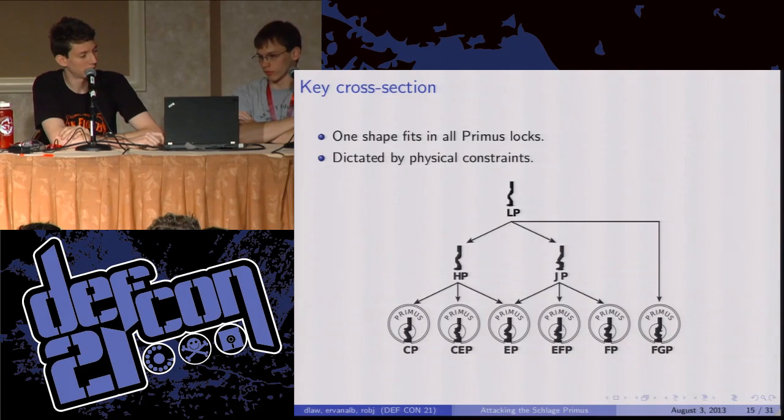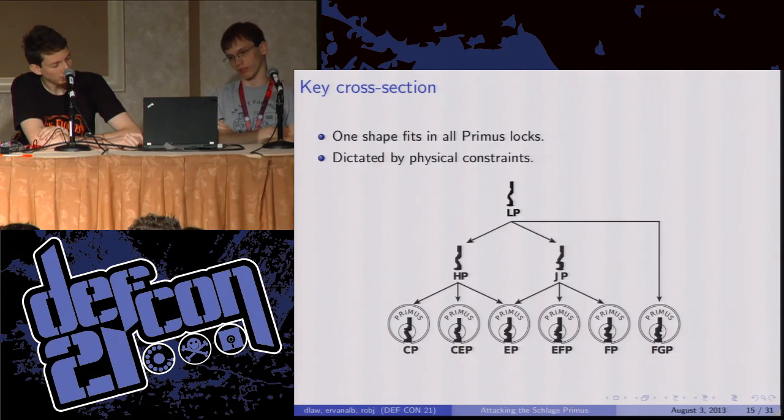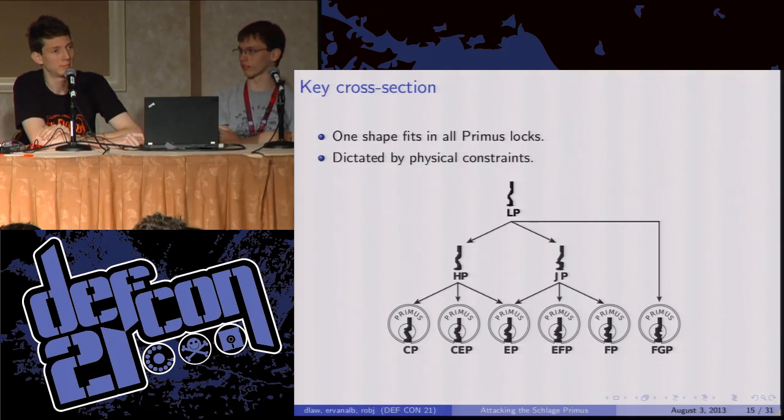Of course, the last piece is we do need a key cross-section that'll fit in the lock. Now, conveniently, Schlage has this LP keyway, which fits in all of their standard Primus locks. And if we just remove a bit more material from that, it fits in their restricted keyways as well. And we speculate that the reason this is possible is that this sidebar mechanism imposes such severe constraints on the